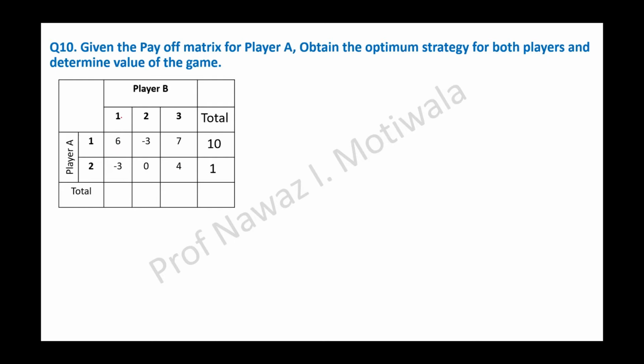Now let us go for the column side. Let us see from the column side whether we are able to find it or not. Okay. So for column side, we will compare these two. This is the lowest and this is the highest, -3 and 11. Just compare the values in these two columns. So you can see -3 is less than 7, correct? 0 is less than 4. So here you can see that all the values are less. So what should I cancel? Either 2 or 3. Yes, I have already told you when we go for column side, you have to cancel out the maximum one. So this one is cancelled.